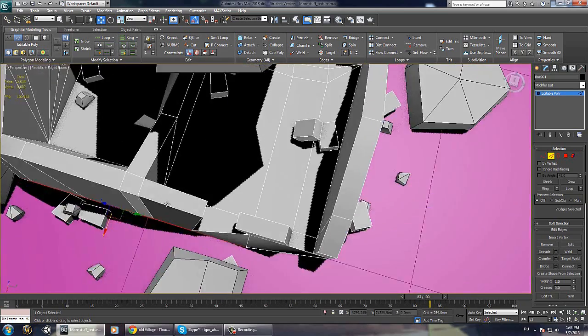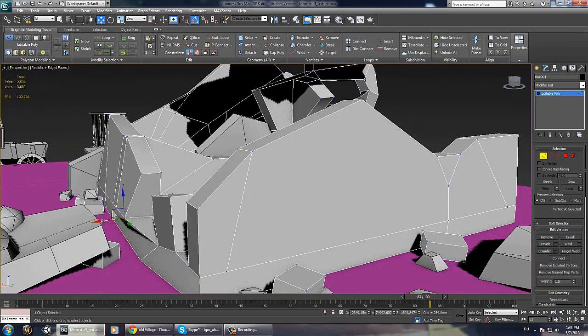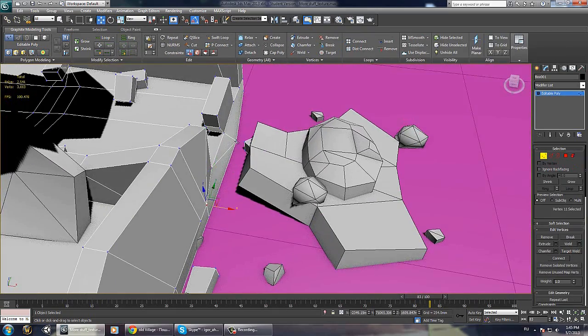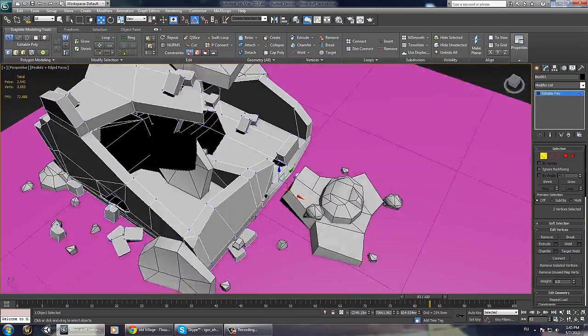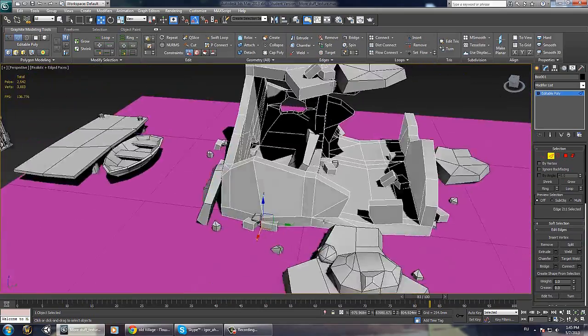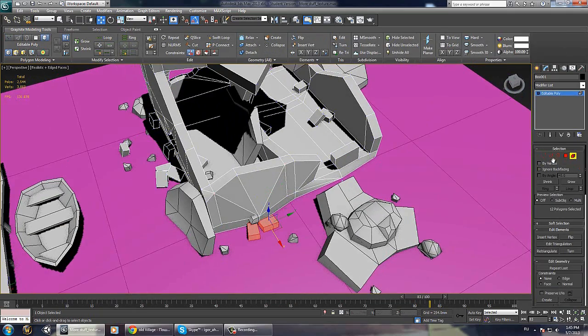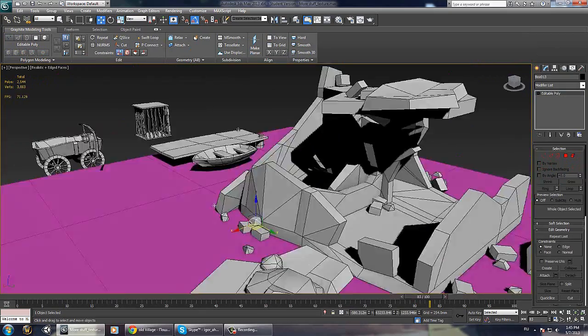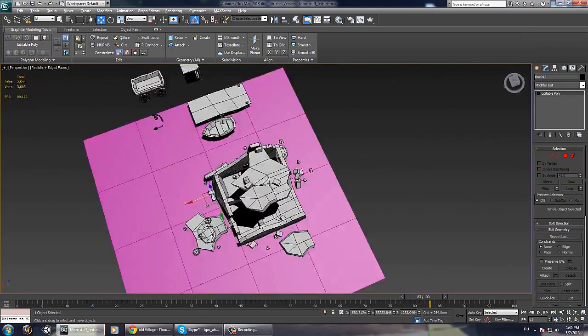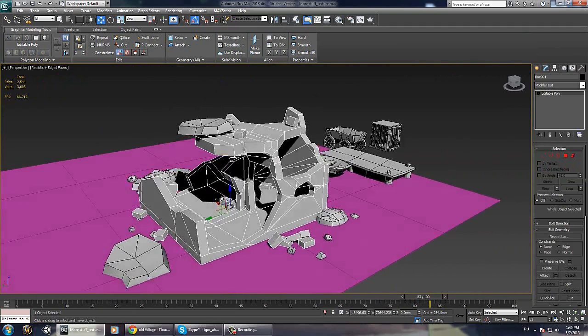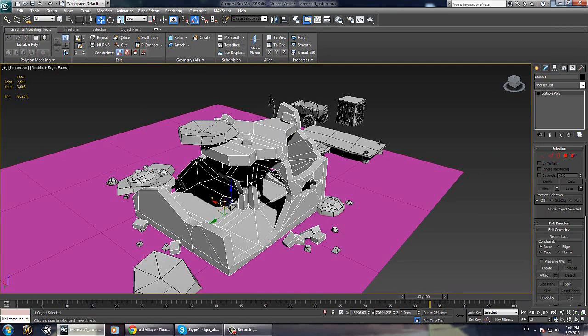And then remove the anomalies that they cause. Okay, now if we attach everything together and call this ruins,